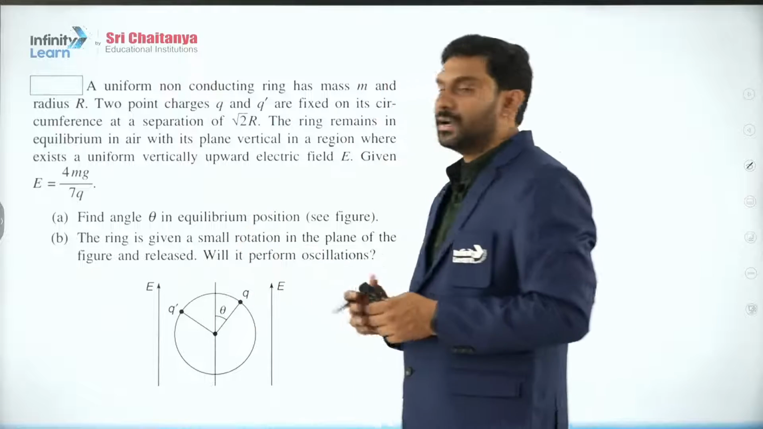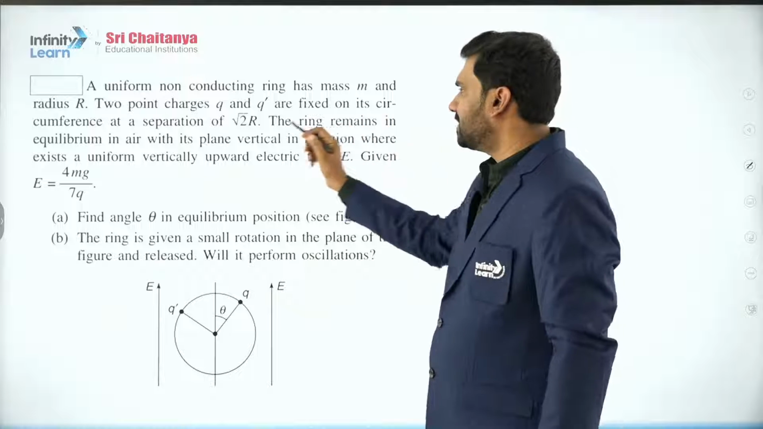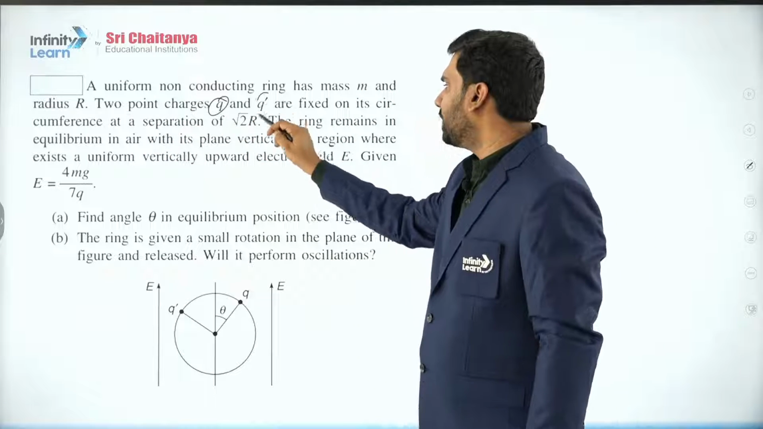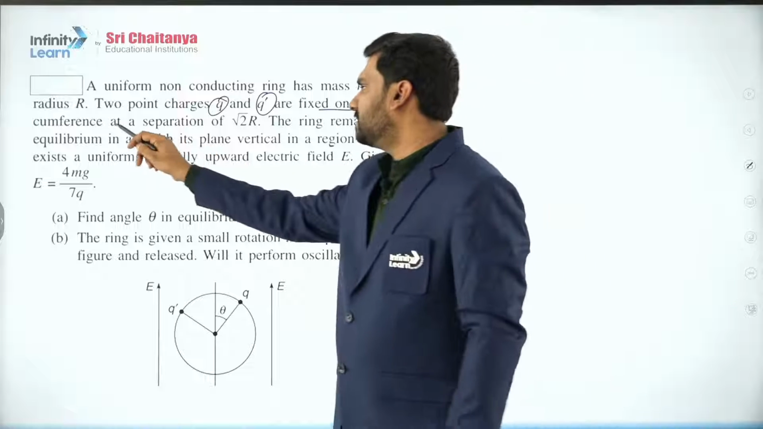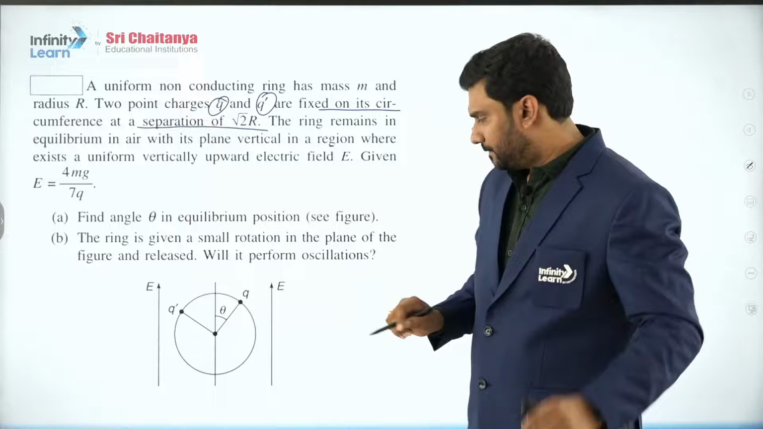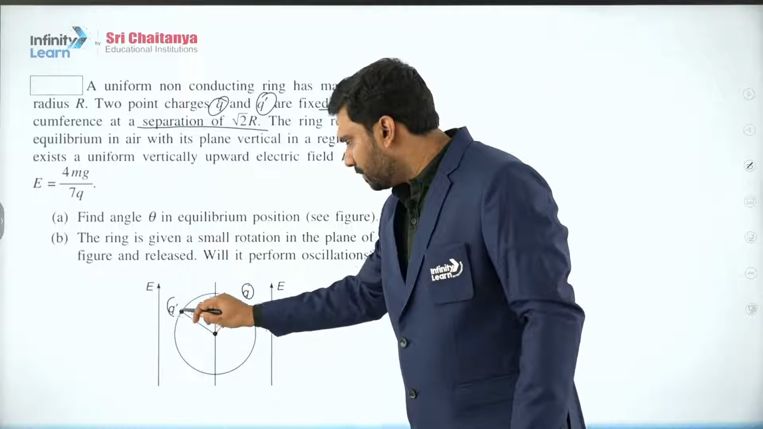So in this question, let us first go by the statement. What it is saying? A uniform non-conducting ring has mass m and radius r. 2 point charges small q and q prime are fixed on its circumference at separation of root 2r. तो फर्स्ट डायग्राम पे चलते हैं. बॉस, दिस इज द सेंटर. देयर आर 2 चार्जेस स्मॉल q and q prime